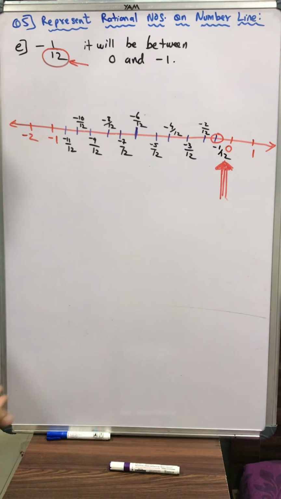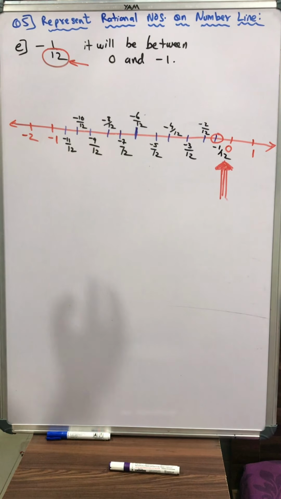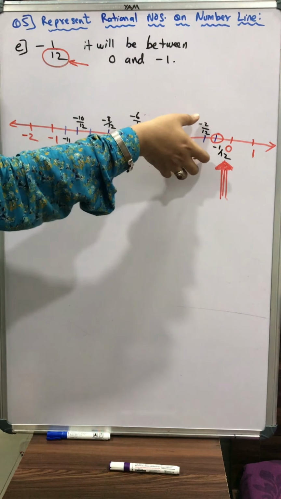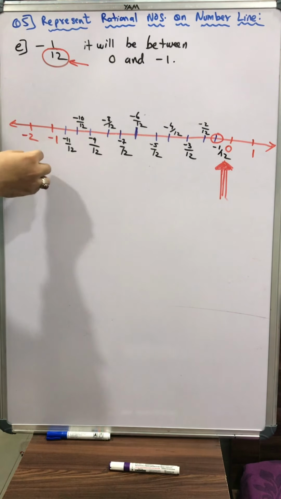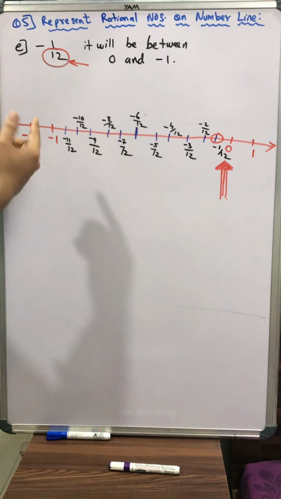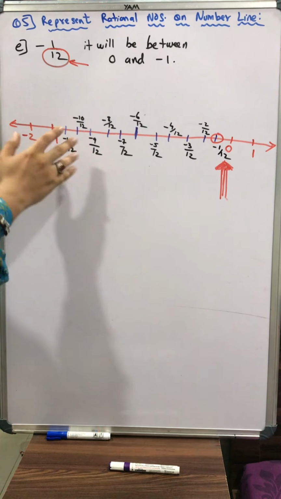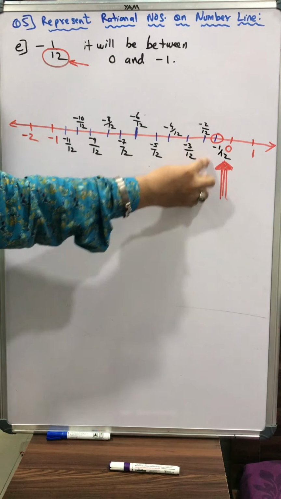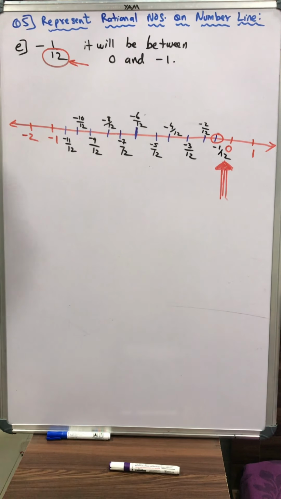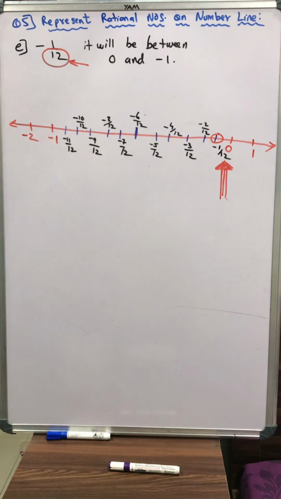I'll tell you that if you don't write these fractions, your marks will not be deducted. But it's an ideal way, a good way to write the values of all the strokes. And of course, a teacher in the exam will definitely count the number of strokes. We will count that. If the number of strokes are not 11, that is, there are no 12 equal parts, and just randomly you have marked only one stroke and gave it -1 upon 12, then that will be wrong. Okay. Hope you understood. Please pause the video and do it.